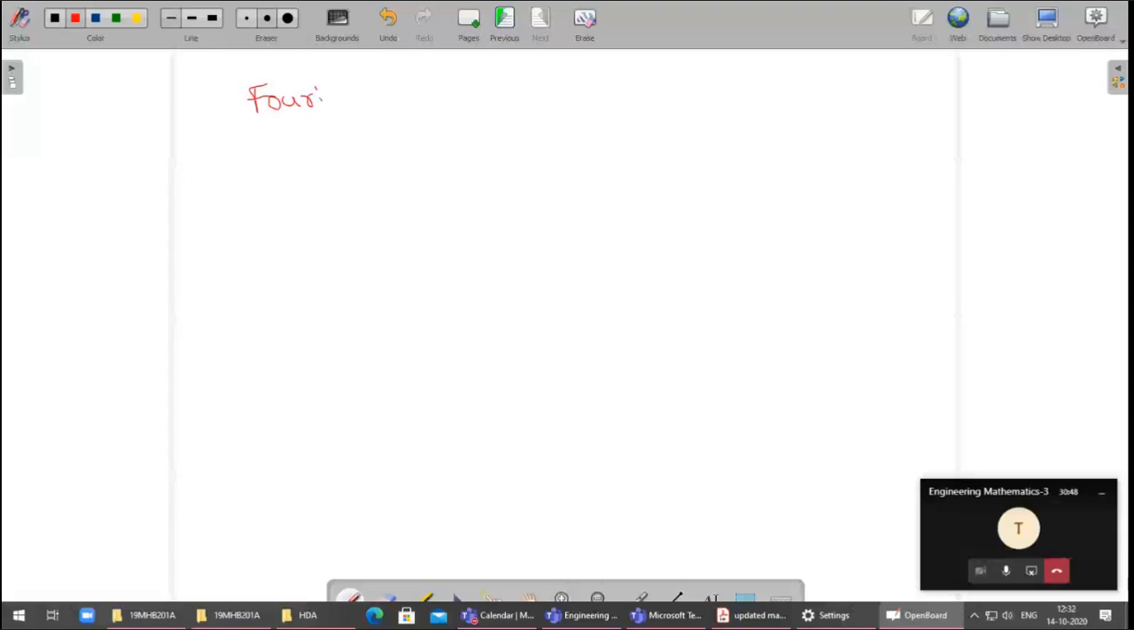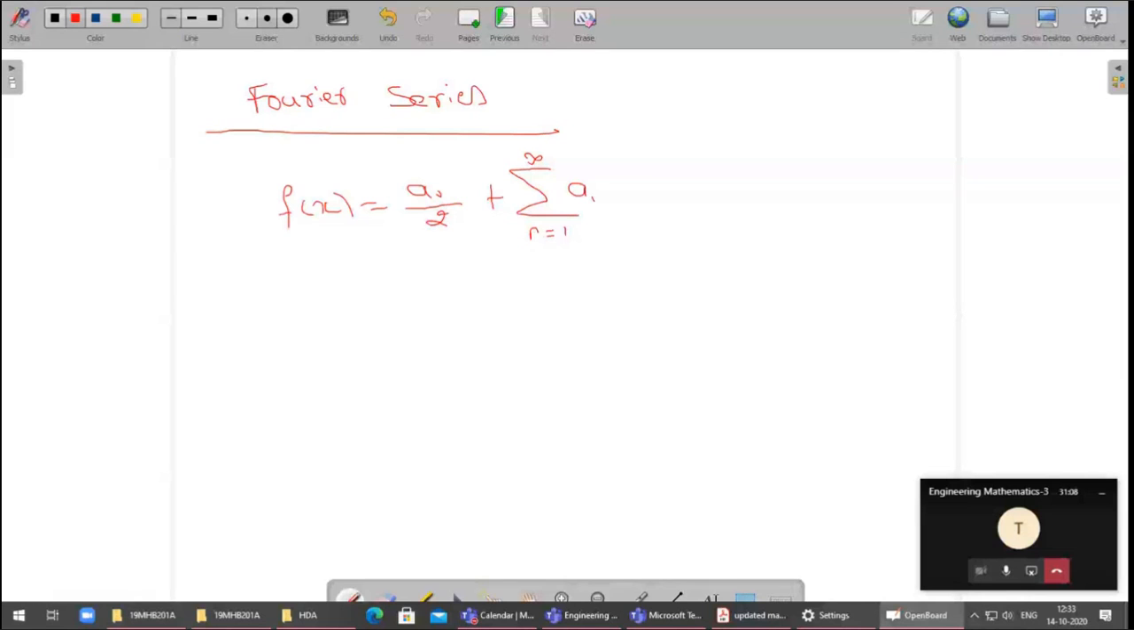f of x is equal to a naught by 2 plus summation n from 1 to infinity a n cos 2n pi x by t plus, sorry, summation n from 1 to infinity bn sin 2n pi x by t. So this is a